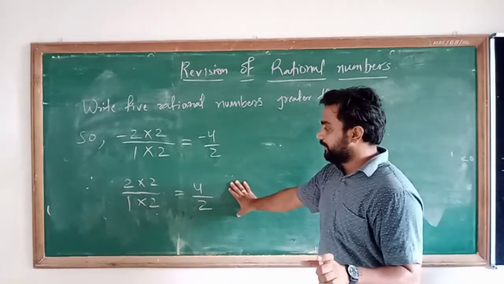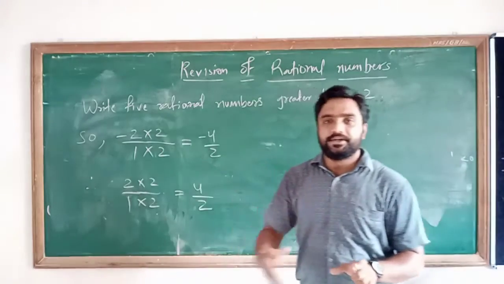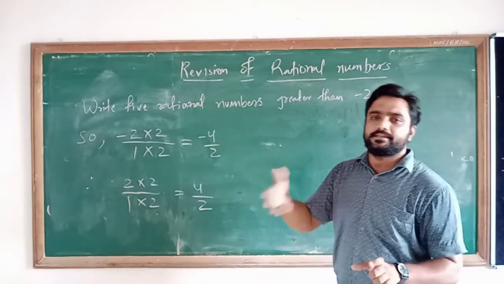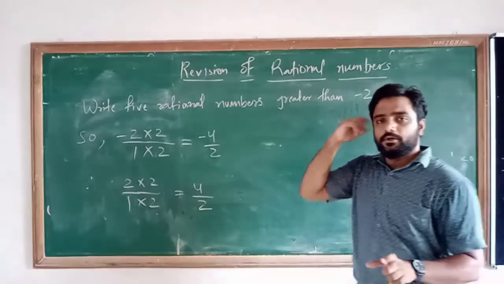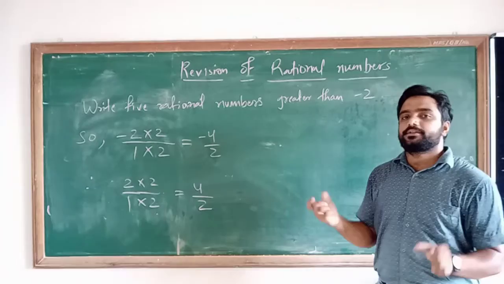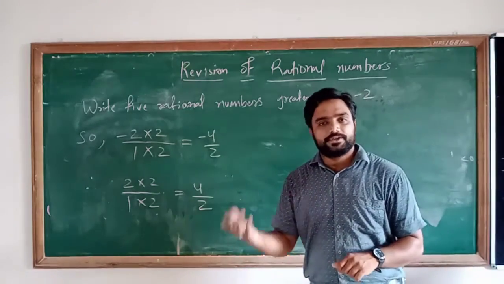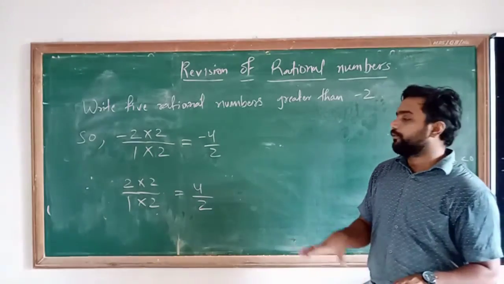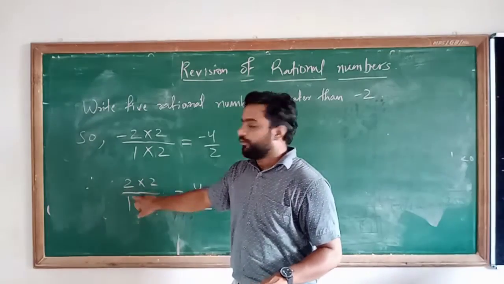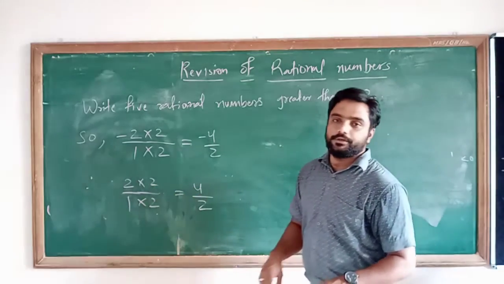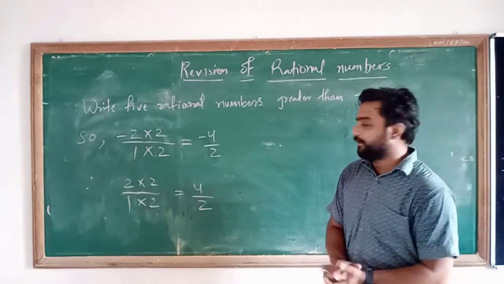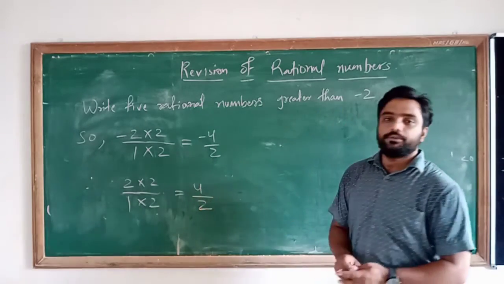Understand or not? Now here another number which is greater than minus 2. Okay, you can take any other number also. You can take 3, 4, 5, 6, 9. Not minus 1. Why? Because it is possible to obtain a number between minus 2 and minus 1. दोनों के बीच के अंदर भी आपको बहुत से रेशनल नंबर इजीली मिल सकते हैं. But then also I am taking 2 here. So मैंने 2 लिया हुआ है. I can write it as 2/1. Now multiply it with 2 and divide it by 2. Means numerator को 2 से multiply किया और denominator को 2 से multiply किया. So I am obtaining 4/2.